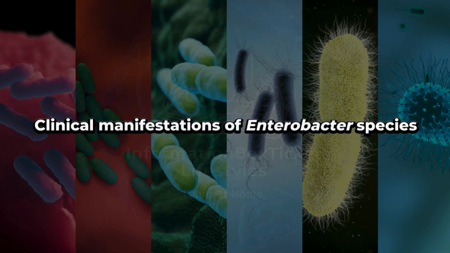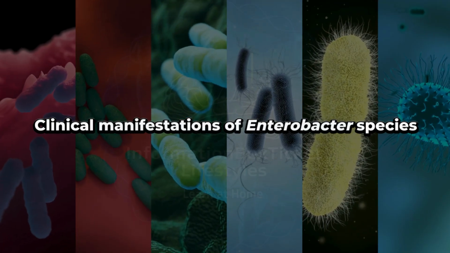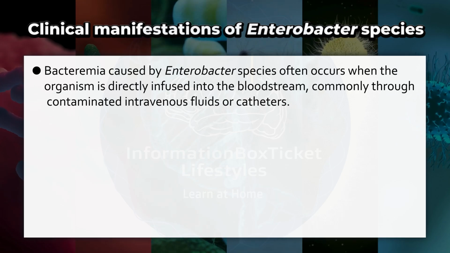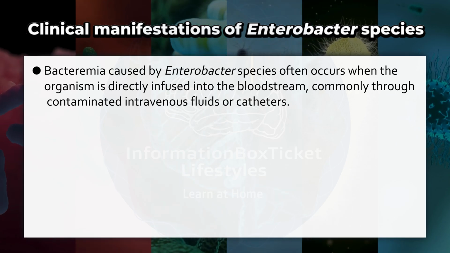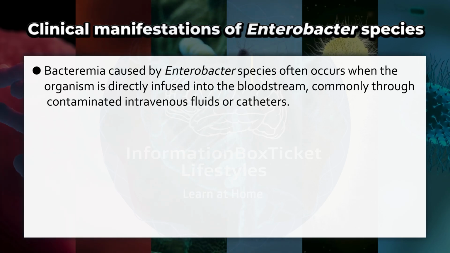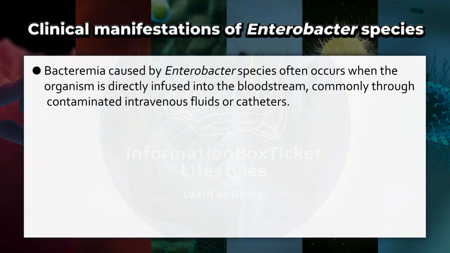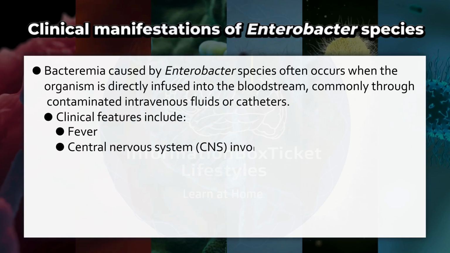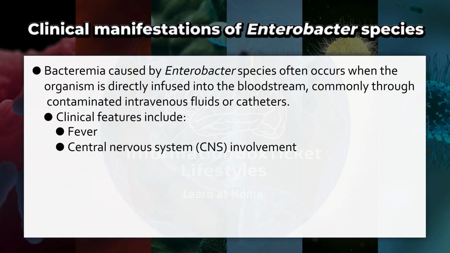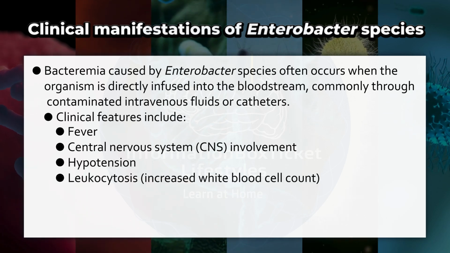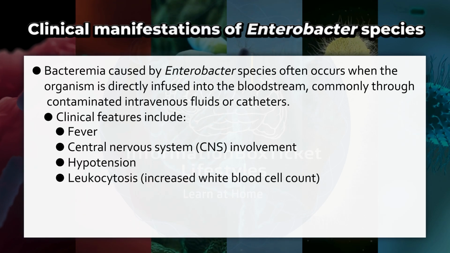Clinical manifestations of Enterobacter species. Bacteremia caused by Enterobacter species often occurs when the organism is directly infused into the bloodstream, commonly through contaminated intravenous fluids or catheters. Clinical features include fever, central nervous system, CNS, involvement, hypotension, leukocytosis, increased white blood cell count,